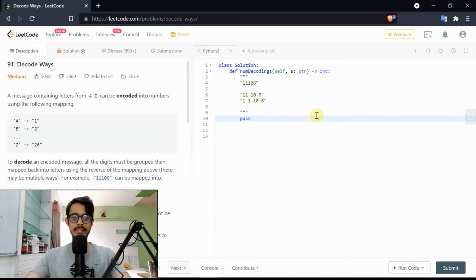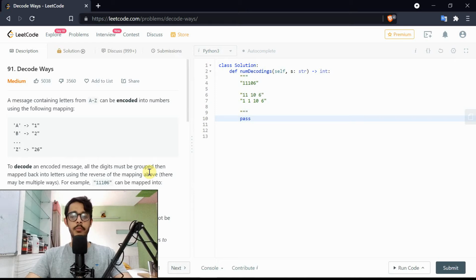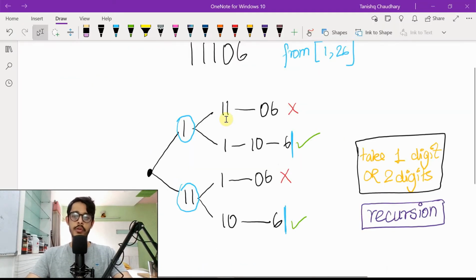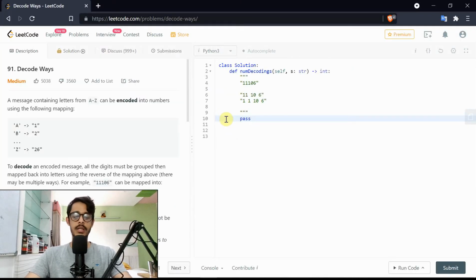So this is the solution for the problem Decode Ways. It's a medium rated problem, however, it relies on two simple observations. These two observations are not really hard to find and are just basically handed to you on a plate. We're going to talk about that and a more visual approach to this problem, but first, let's talk about the